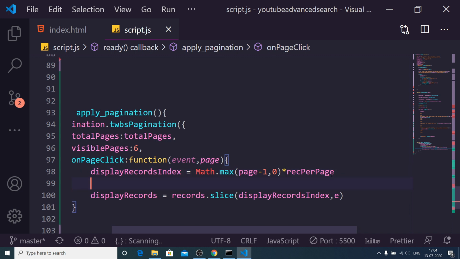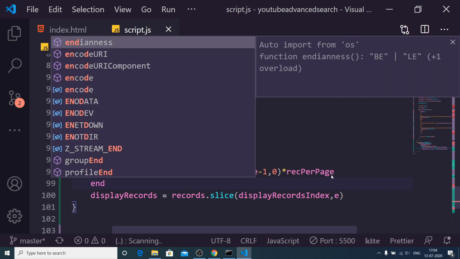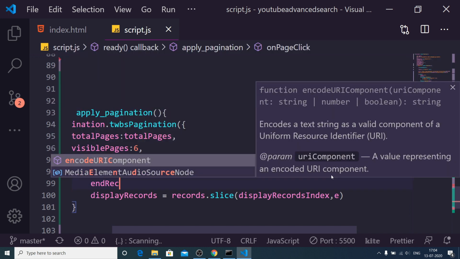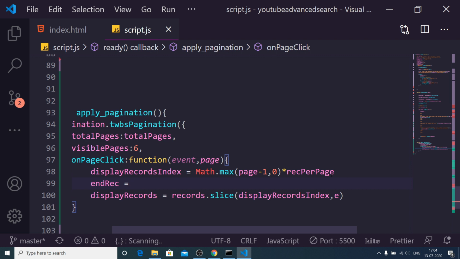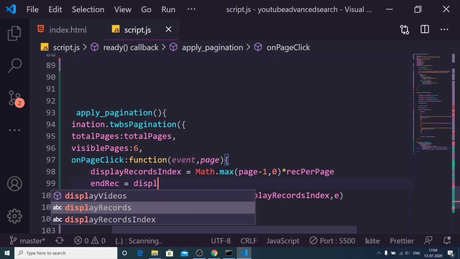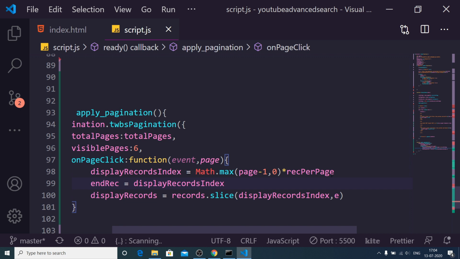So after this we need to calculate the end index. Inside this we will use the display records index, and we will add here. This is some mathematics which is used here, so just write this code, guys.